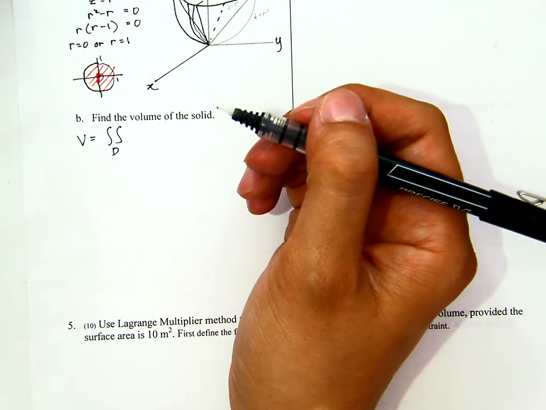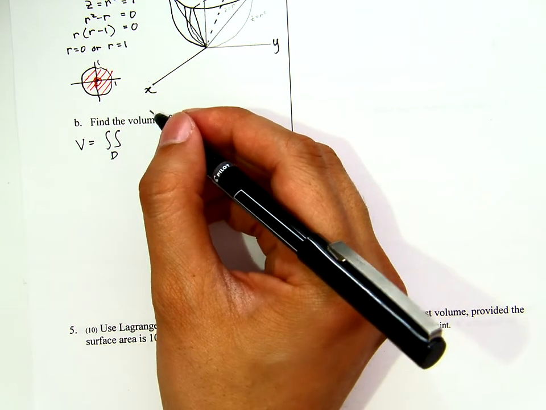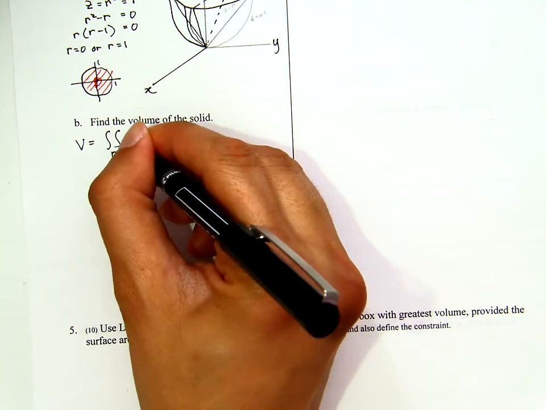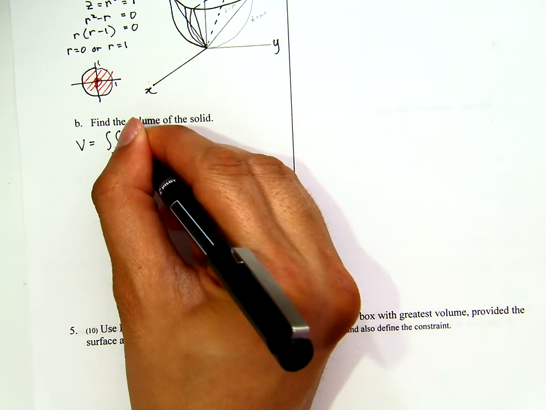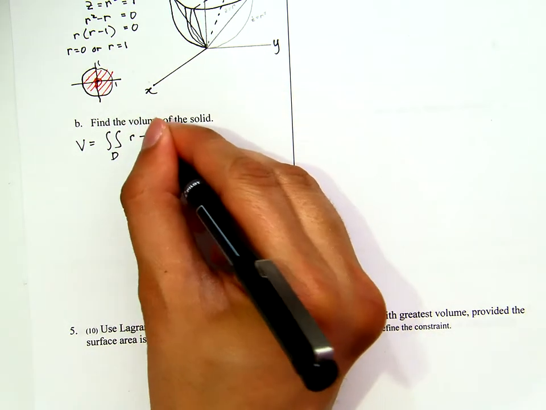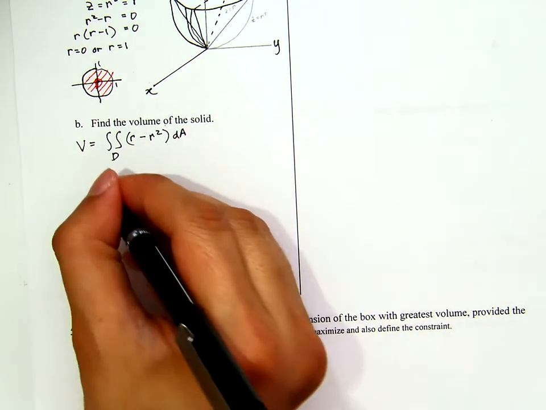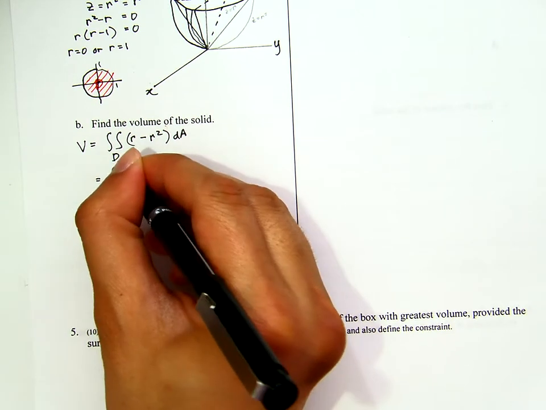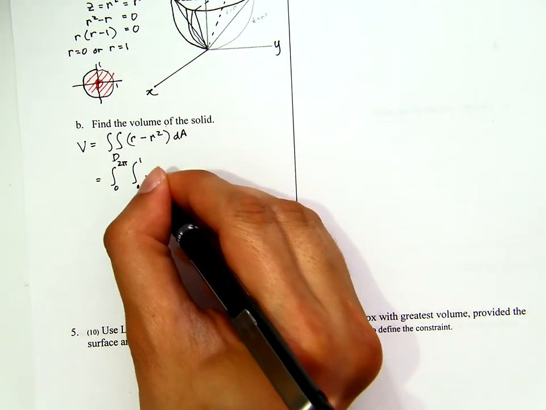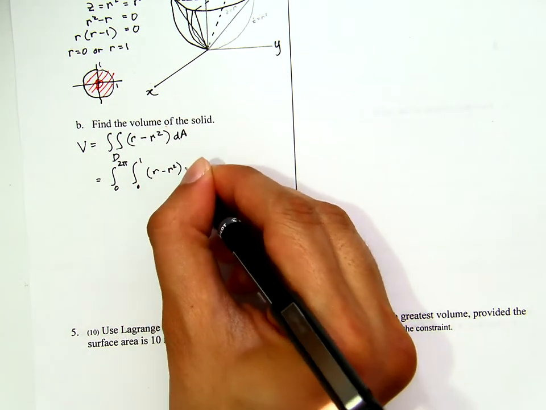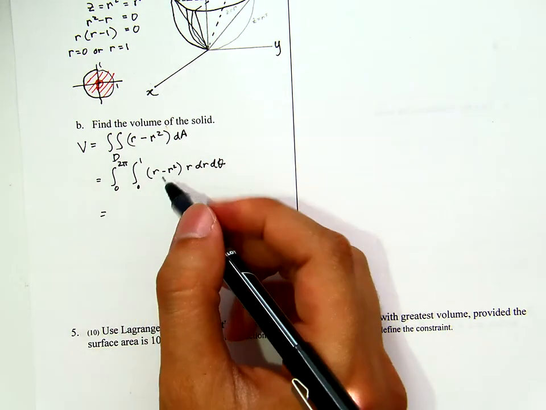Okay, and the upper bound is the cone, which is that one, right? Let me make it in terms of r: r minus the lower bound, r squared, dA. Okay, and that equals the integral from 0 to 2 pi, integral from 0 to 1, right? And then this is r minus r squared, times r dr d theta, and because of the angle, the integrand